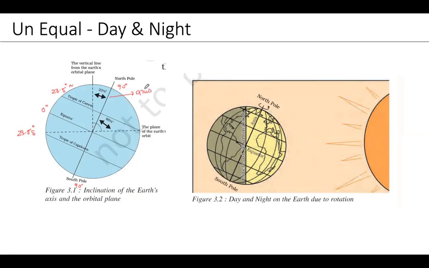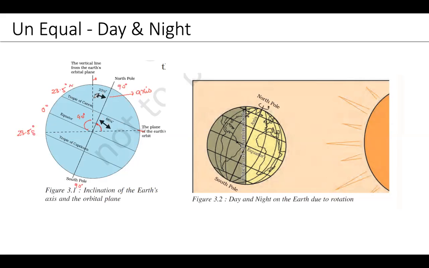And what we said, the earth is tilted on its axis. So when we say the earth is tilted from the orbital plane, from here to here, we can say this is 66.5 degree. Whereas when we say from the straight vertical line, then it is 23.5 degree. So don't get confused, but as a whole, it's 90 degree. So this is 66.5 degree and this is 23.5 degree. So this is the inclined angle of the earth. That's why we have the unequal day and night.